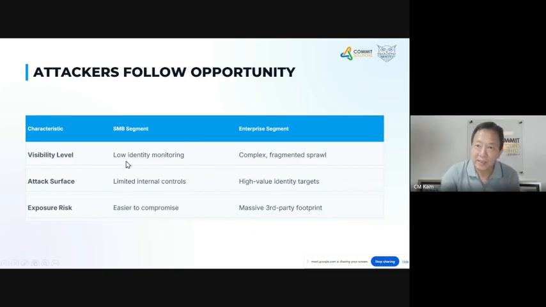So it's easy. You have to understand that attackers do not care about the size of the company. What they care about is what kind of data you have and how valuable it is to you. Because the end goal is to make money out of you, right? Whether you're a small SMB, if I were able to break a system and lock everybody out and demand a payment, it can be 10,000 US, it can be 5,000 US, it doesn't matter.